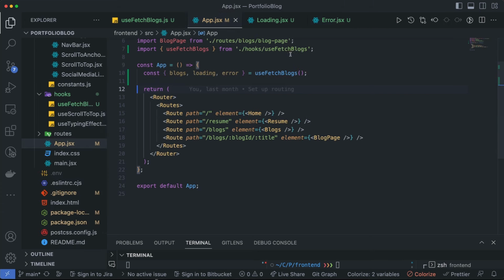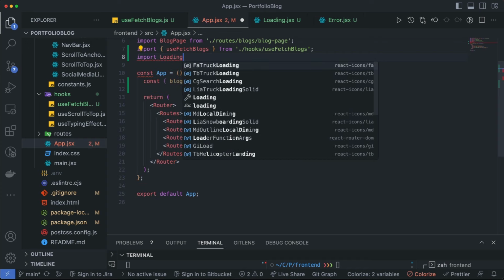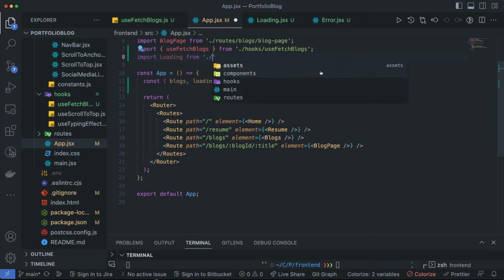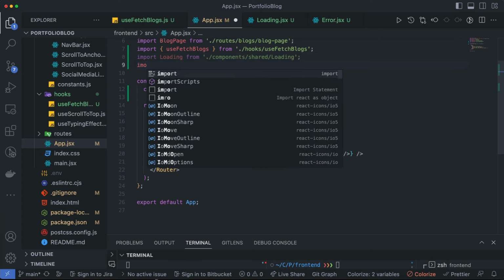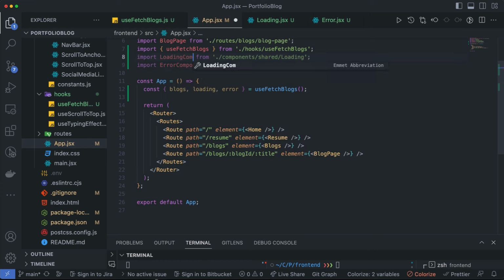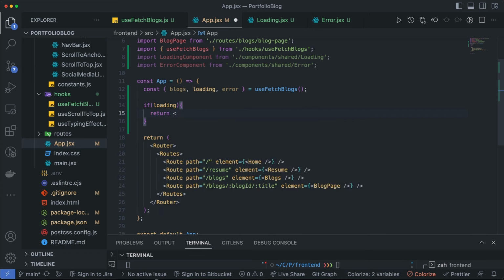Back in our app.jsx, I will import these two components. So I will import the loading from components, shared, and loading. I will also import error component, and let's add component here. All right, so now what we want to do is if loading, then we want to return this loading component we just created,